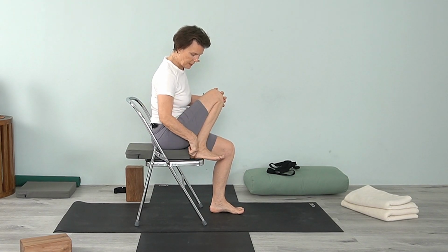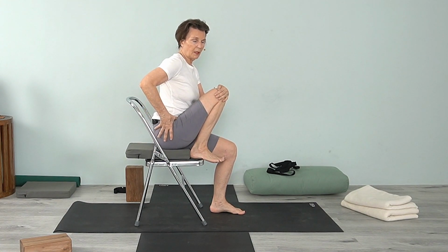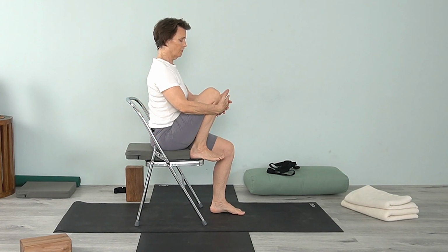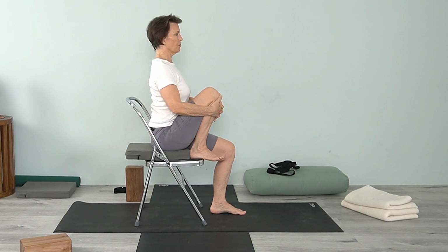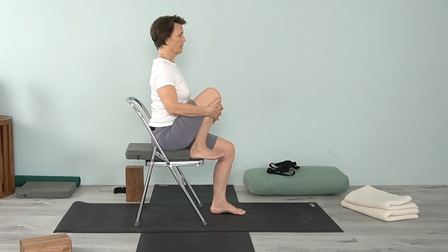So here I'm pressing the heel into the chair, moving the hip down. So the hip is not lifting up. It's moving down. So again, it's grounded. And then from here, I'll just take my hands on the front of the shin and use that movement of the arms to lift up through the front body. Drop the shoulders. So I'm making the whole trunk long, using both feet on the floor to create that stability,